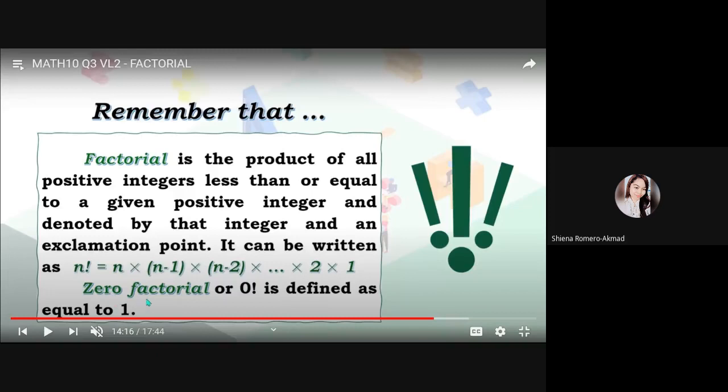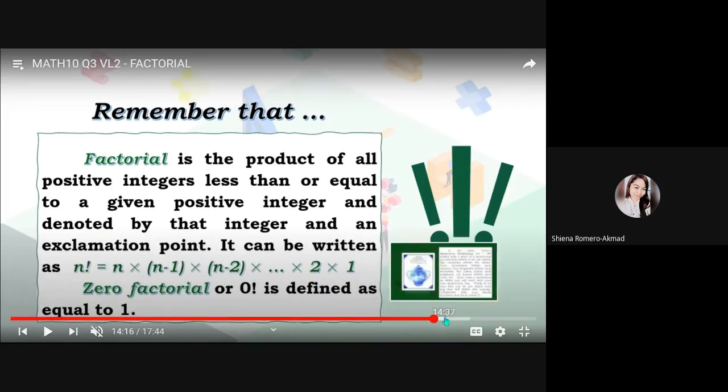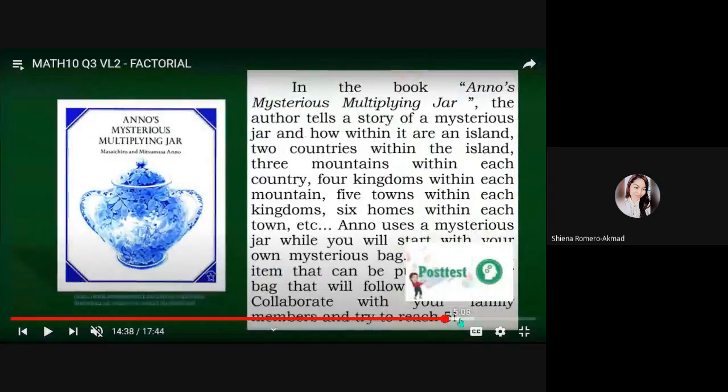And then we have 0 factorial or 0 followed by an exclamation point is defined as equal to 1. And sasagutan niyo po ito. Ito very,